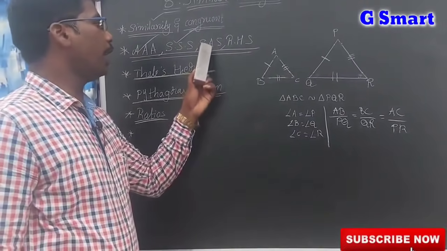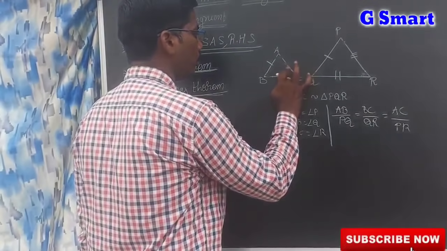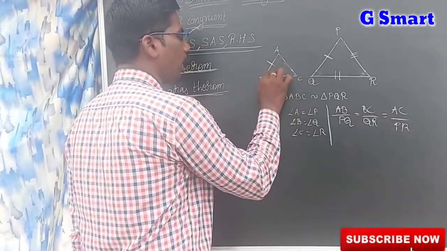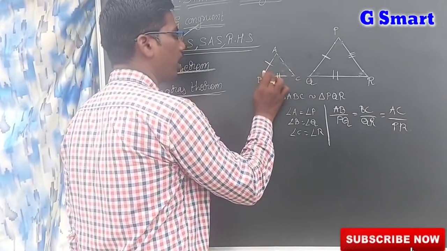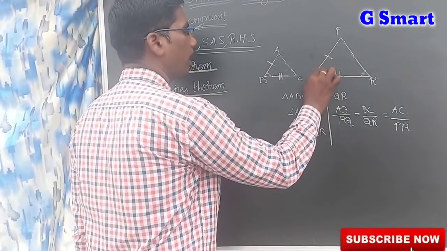Now, side, angle, side axiom. Now see here, this is one side I am taking, this is the second side I am taking, and the including angle I am taking. Here also, two sides I am taking, and the including angle I am taking. Now see,